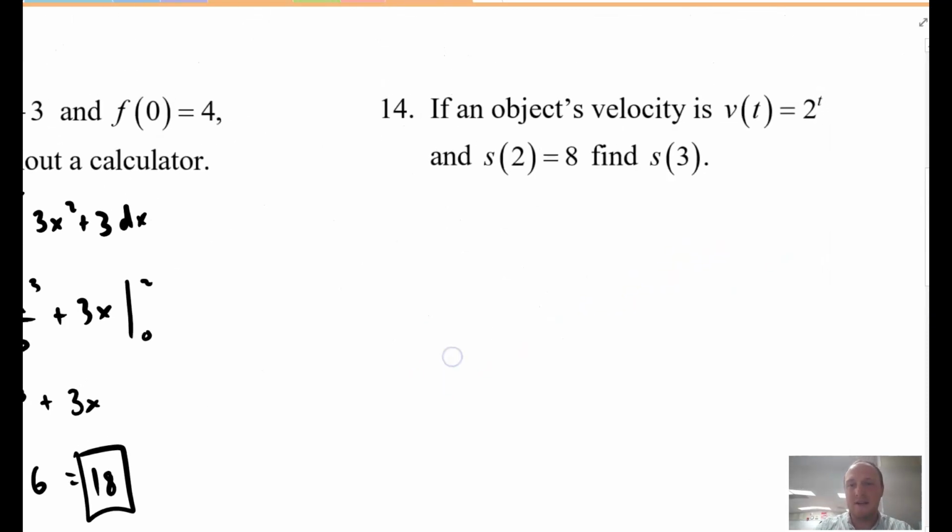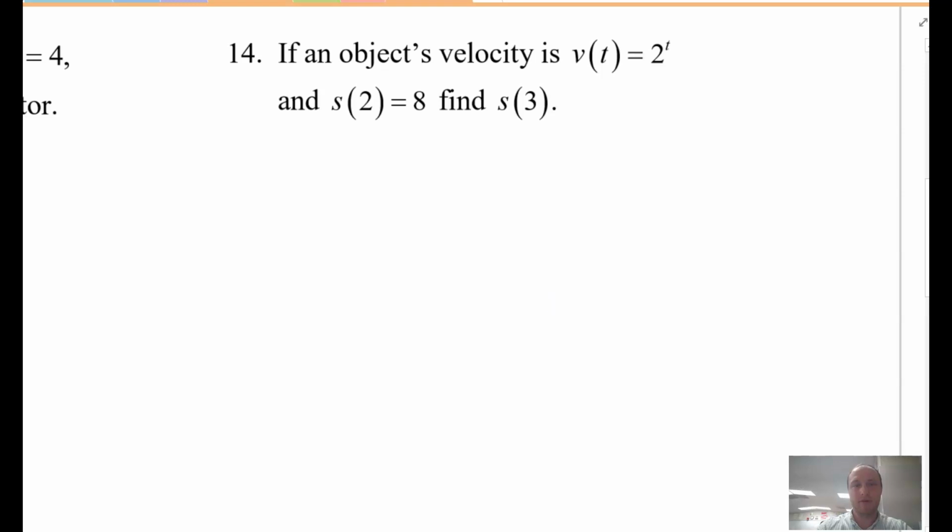Let's go ahead and look at this example 14. It says if an object's velocity v of t is equal to 2 to the power of t and s of 2 equals 8, find s of 3. So I know this is a start plus accumulation problem because they give us a starting point, s of 2 equals 8, and then they want me to accumulate. They want me to go from 2 to 3. So if I want to find s of 3,